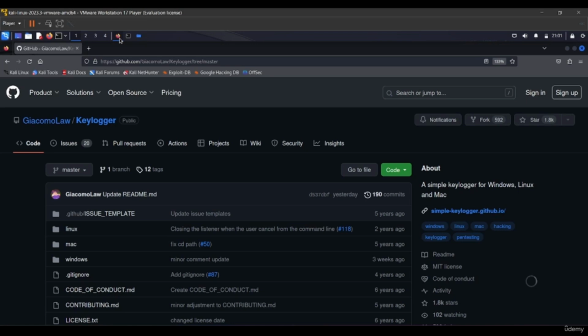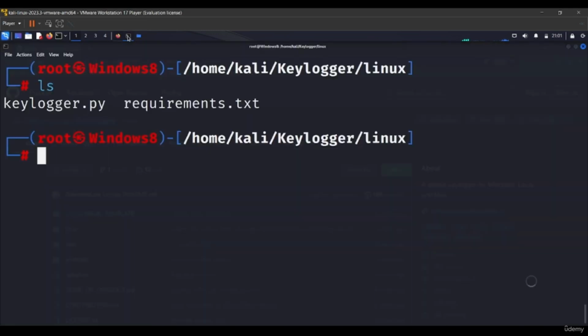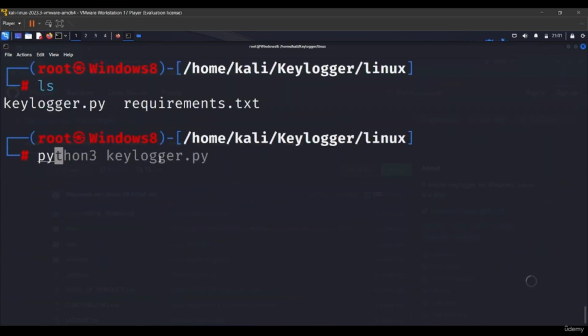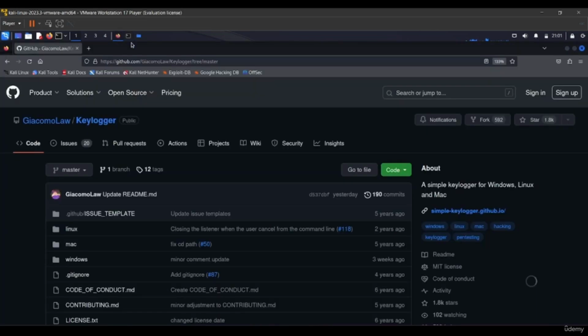So to demonstrate this concept practically, I will be using a simple keylogger. You can install this keylogger, just clone it. After that, we have to install the requirements, pip3 install requirements.txt. After installing all the requirements, you have to run this Python script, use python3 keylogger.py, and now if you enter anything, it's going to store it in a log